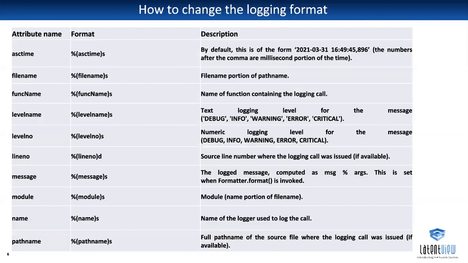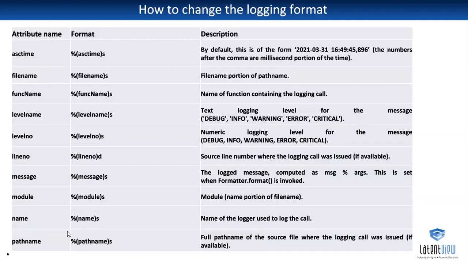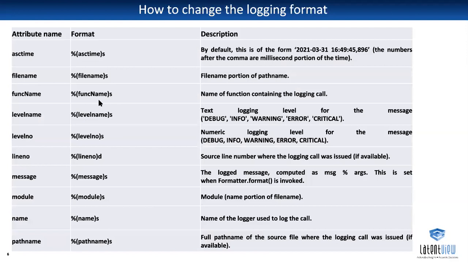Okay, coming to this logging format. So here we can see, for info, the level name, the log level, and the message we are keeping. In the same way, we can keep the time format, the current timestamp, and the file name. What is the file name where we are getting that error? And if you want to specifically mention the function name, we can keep this attribute in the log messages here, logging.debug. Here we will be able to see the function name and the level name.